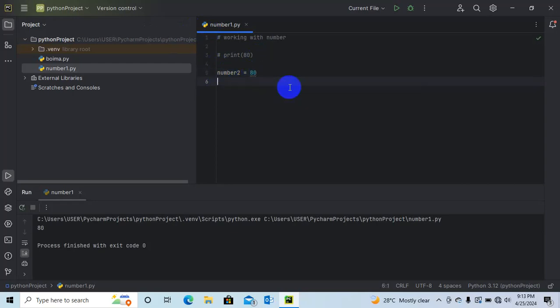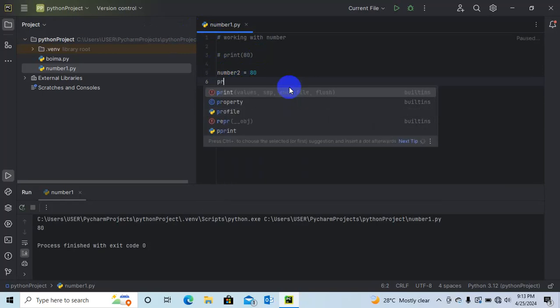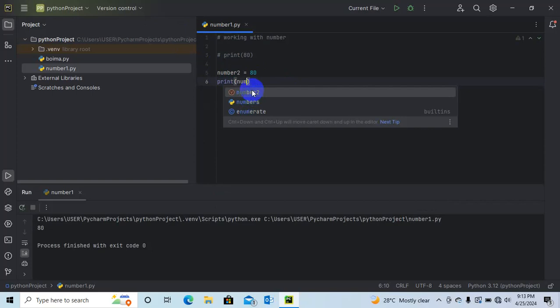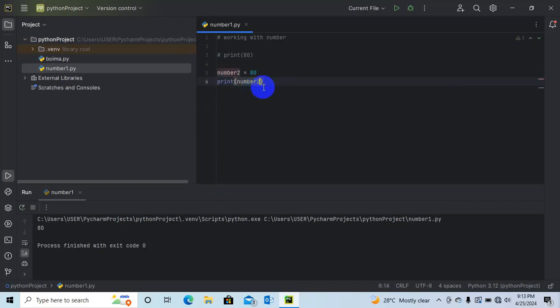So I can enter, and I can use the print command, and here I can just pass the name of the variable into the print. So there it is, and I can just run it, and we see the same result down here.